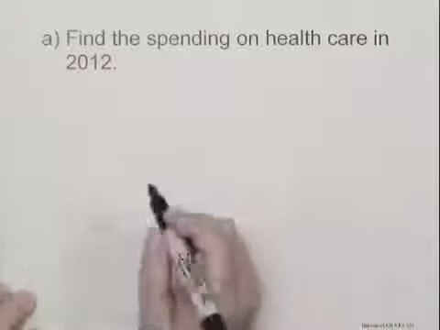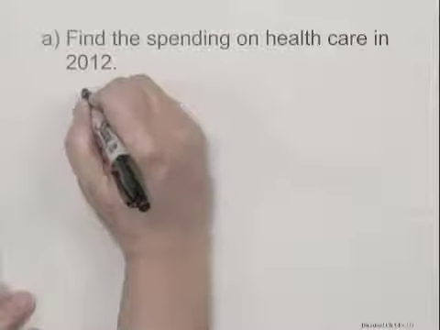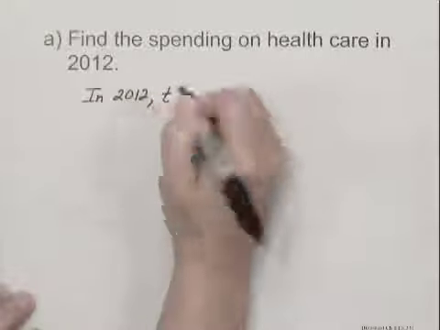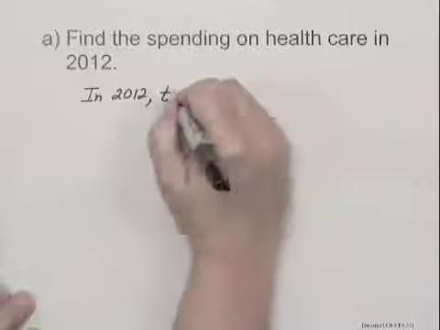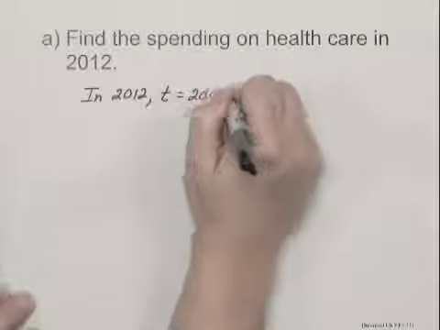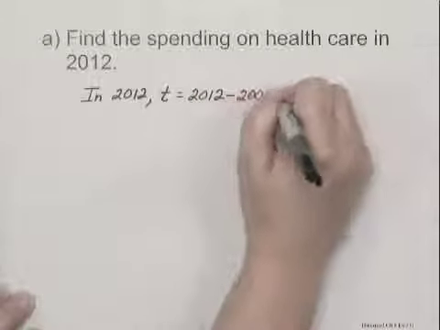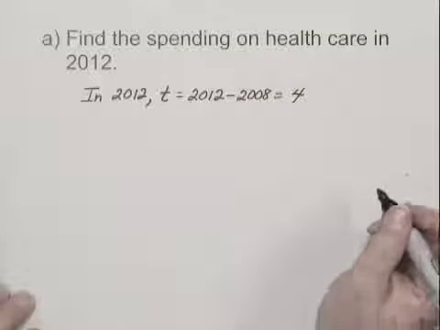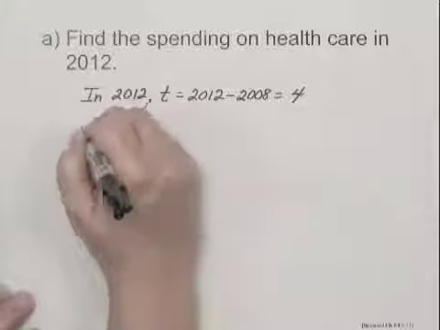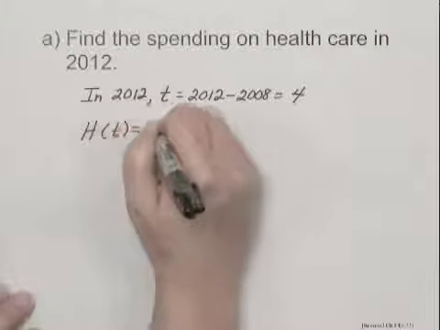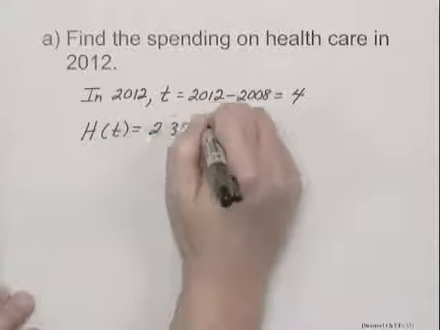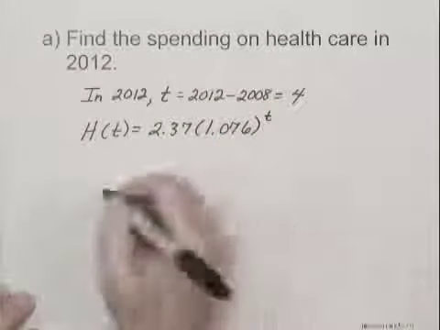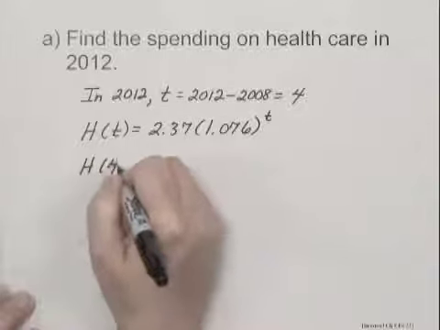We first need to decide what t represents. In 2012, t will be the number of years since 2008, which is 2012 minus 2008, which is 4. So what we want to find is h(4). Now let's copy what h(t) is. h(t) is 2.37 times 1.076 to the t power,